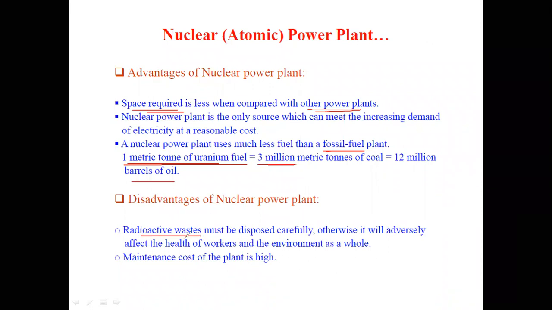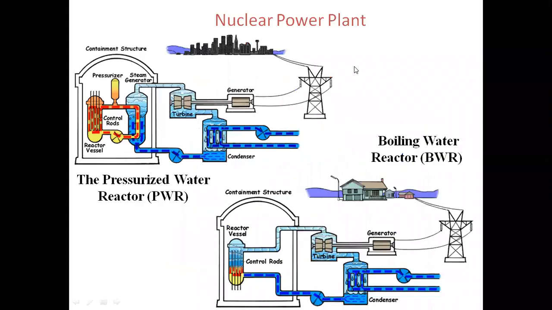And the drawback is only one. The radioactive substances released are very difficult to dispose of. We need to store the radioactive particles without affecting the environment. It is very difficult. And the maintenance cost is also very high, because handling and maintaining the nuclear power plant requires highly skilled and highly trained persons. Due to that, the salary bill is more. The initial cost is high, and the maintenance cost and running cost are also high compared to other power plants. These are the drawbacks of the nuclear power plant or atomic power plant.